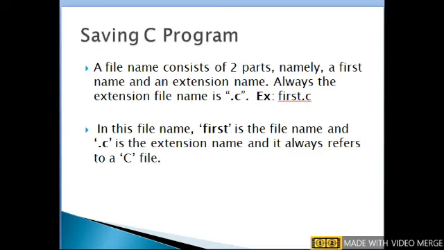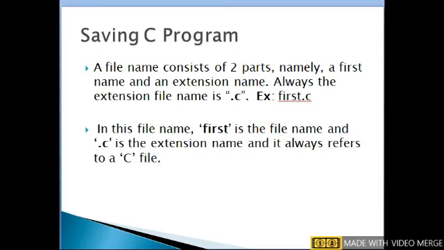While saving the C program, remember the following points. A file name consists of two parts, namely the first name and an extension name. Always the extension file name is .c. In the example, we used the file name first.c.